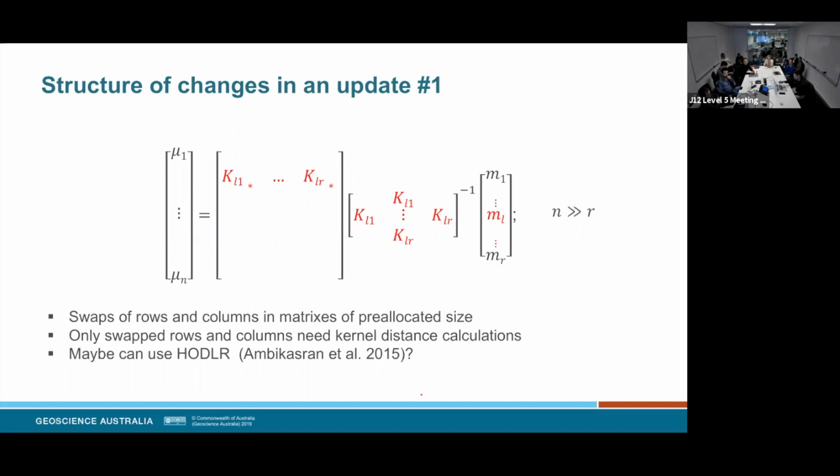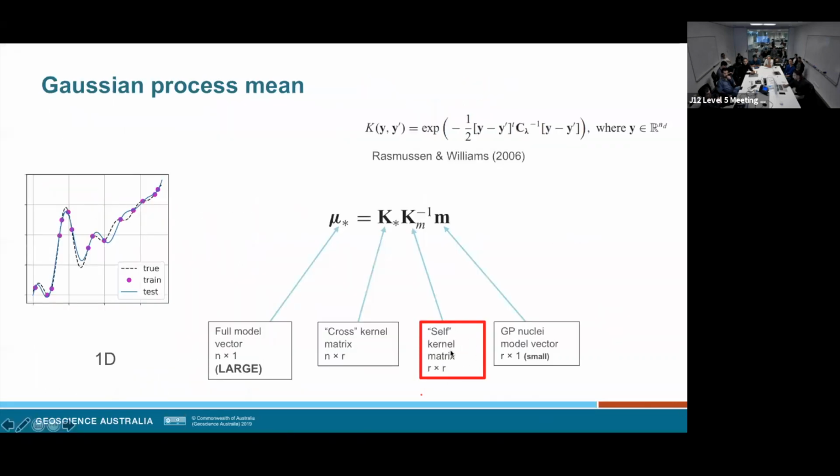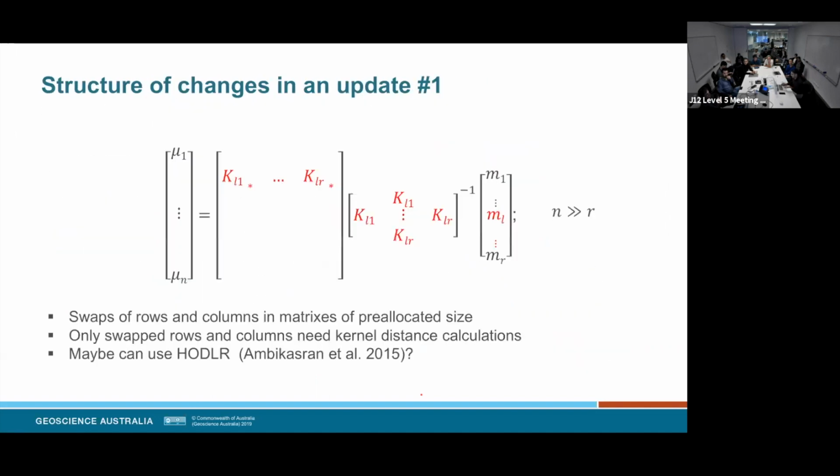because it's symmetric, this one, right? So this comes from a self kernel where every inducing point is interacting with every other inducing point, so it's symmetric. So you can then use Cholesky, and that just makes it really fast. So it's only R by R, that one. It's not N by N, the inverse.